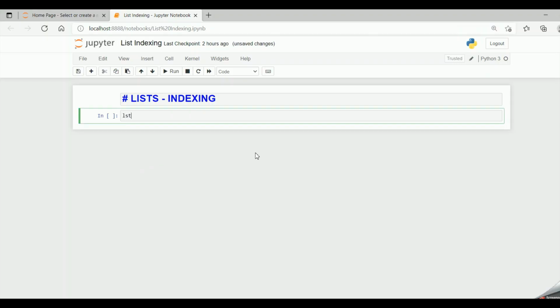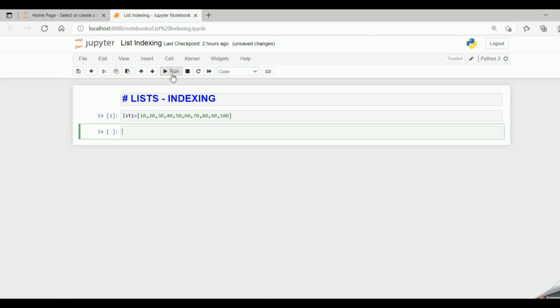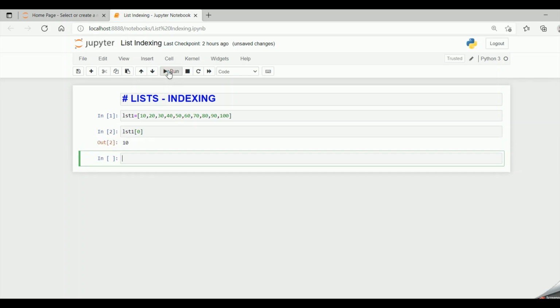So let me create my lst1 equal to 10, 20, 30, 40, 50, 60, 70, 80, 90 and then 100. Let me run this. Okay, now if I say lst1 in square brackets and specify the index as 0 and run the code, I get the value 10, which is the first element.